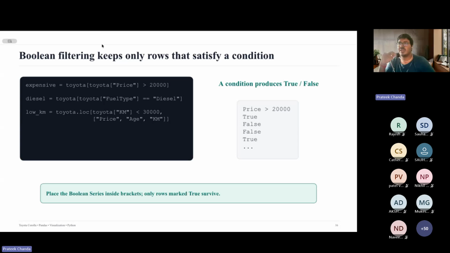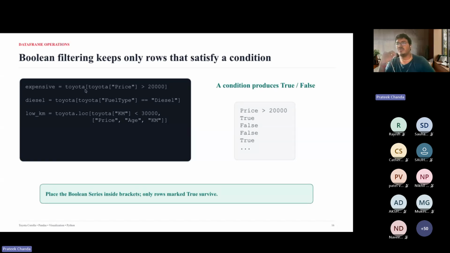So what I can do is index the original data frame Toyota, and within that, I add the condition where all the entries under the column price are above 20,000. So I only retrieve those items. Similarly, let's say I want to only retrieve for the diesel fuel type,